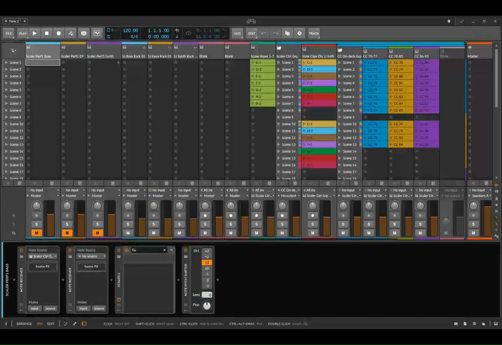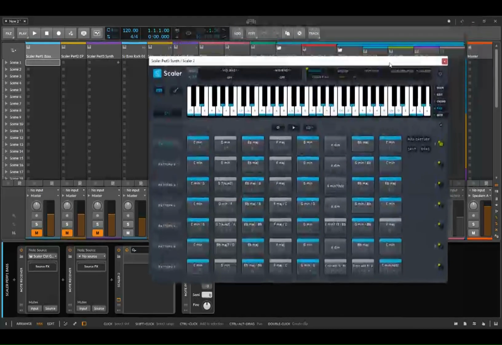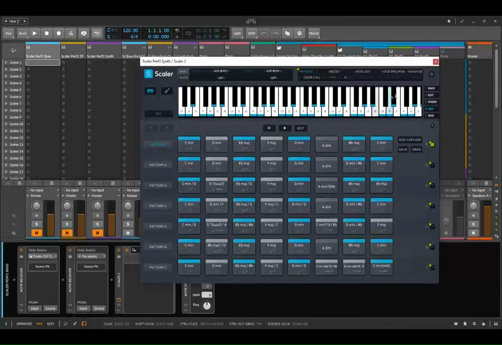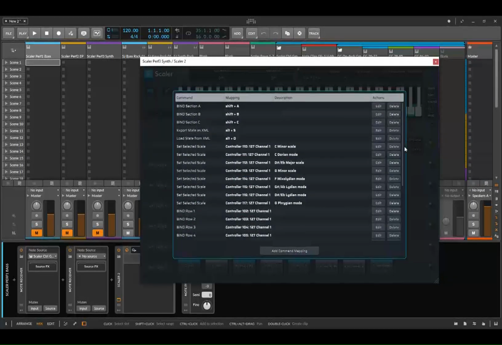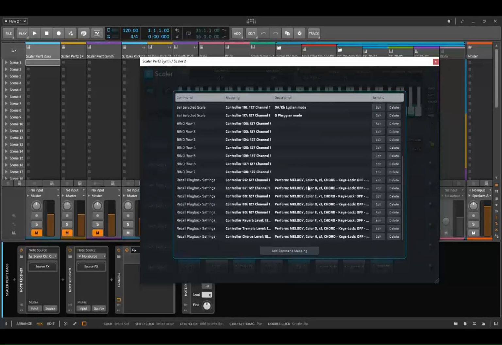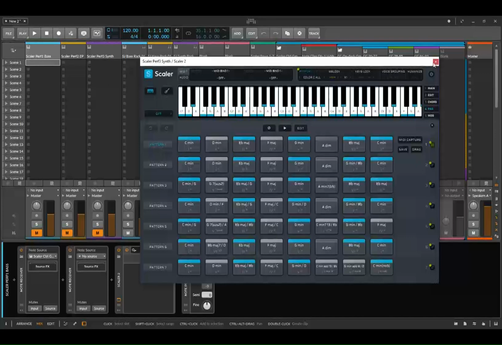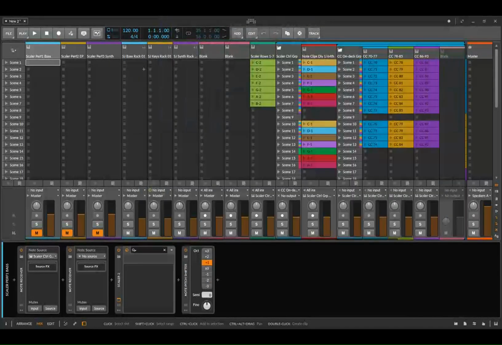And in fact, the same thing has been done for the third instance, Scalar Perf 3 synth. I'll go ahead and show it. Even though it's somewhat redundant to do so, it doesn't take all that long. And there are my 8 bindings there. They're all coming from the melody collection, color A, B, C, D, E, F, G, and H. Okay, so I have 3 sets of scalars, each with 8 bound performances, and each of these has a note